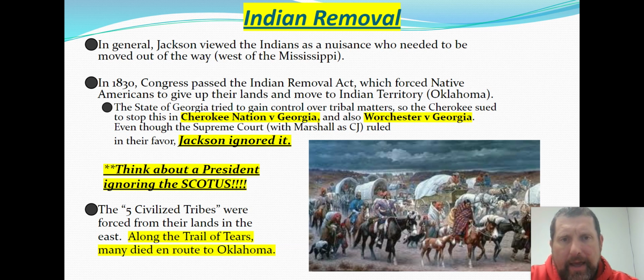But he's so hell bent on this policy, based in large part on his racism, that the Indians are standing in the way of white progress, that there are a couple Supreme Court cases that Jackson just flat out ignores, and we'll talk about this a little bit later. But the two most notable cases are the Cherokee Nation v. Georgia and Worcester v. Georgia,